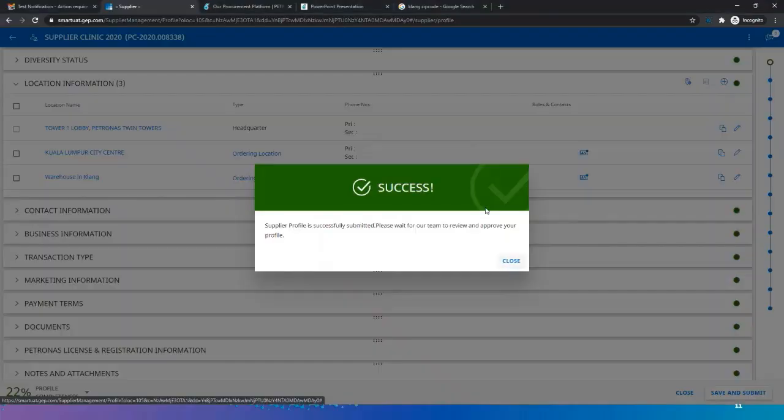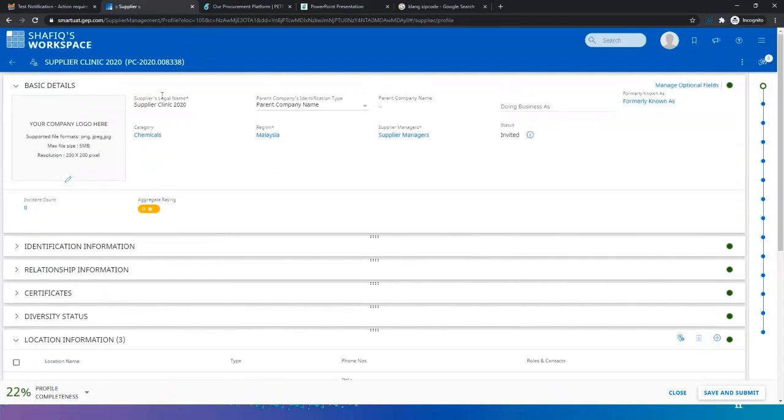So go back to the demo before I answer that question. Once you save and submit your profile, you will see something like this: Supplier profile is successfully submitted. Please wait for our team to review and approve your profile. It will take maybe 1 or 2 days for our team to review your submission and approve your profile. So meanwhile,